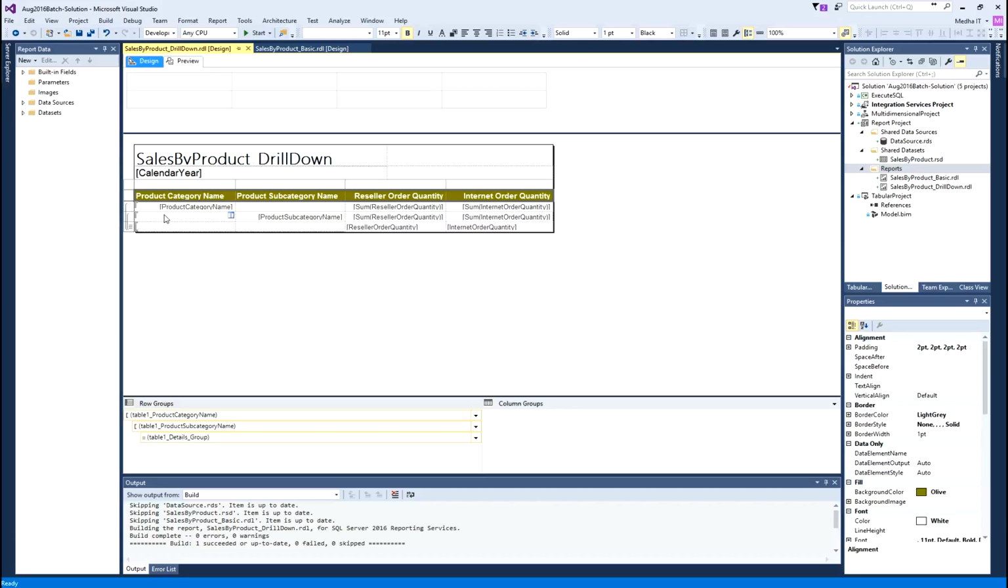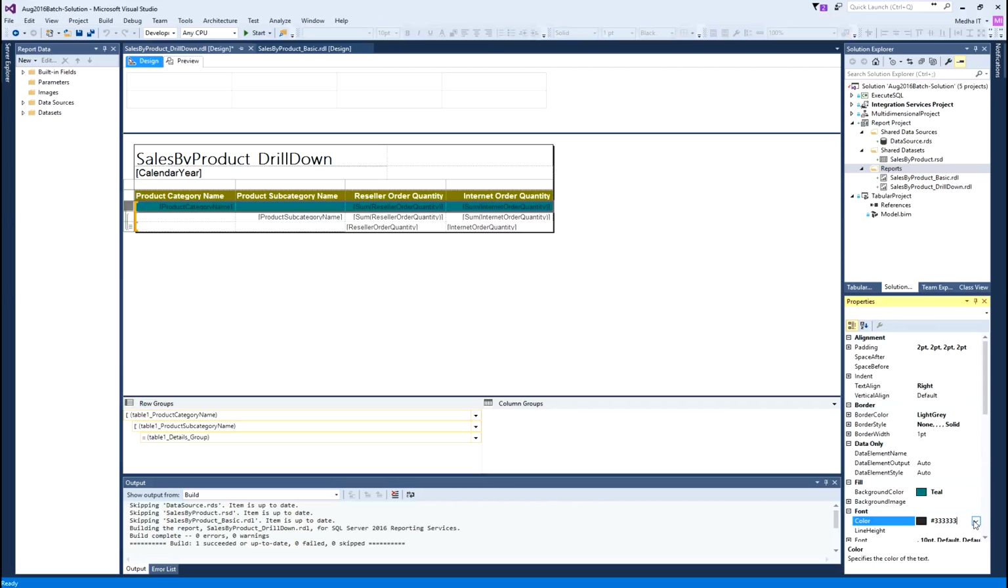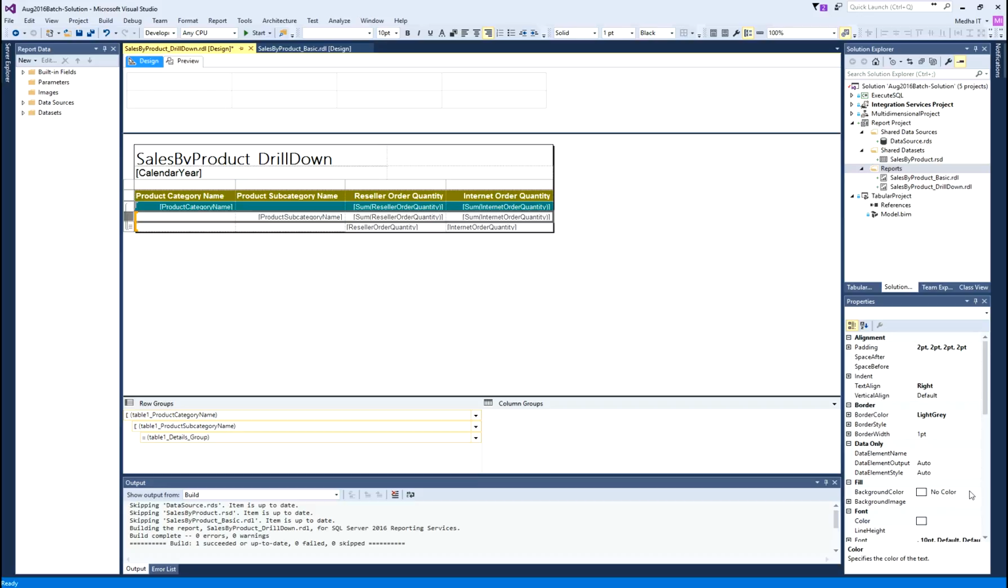Now, I want to go to the product category and I want to change the background color there as well. Similarly, font color. And for subcategory as well.